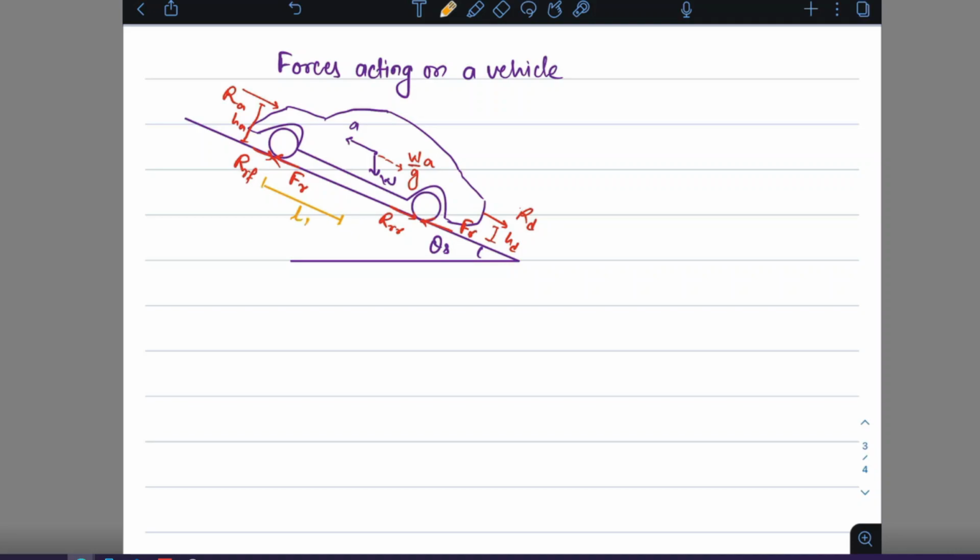You can call this length L1 and this length L2, and the total length you can call capital L, which is the wheelbase. Okay, so the loads are inertia, aerodynamic drag,